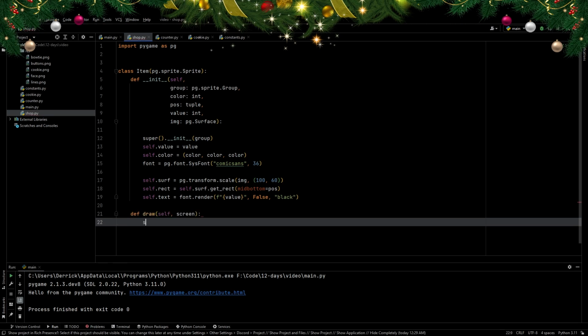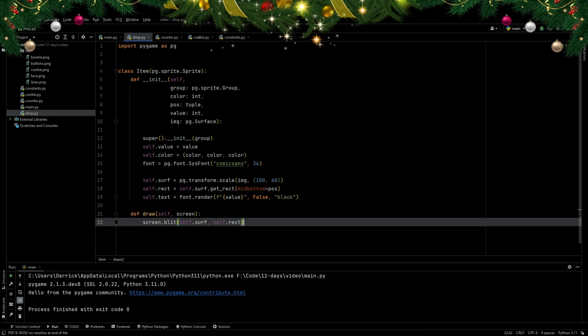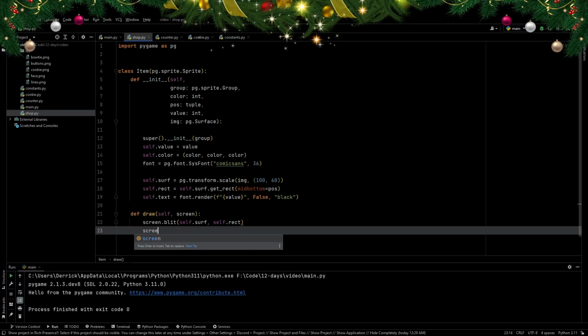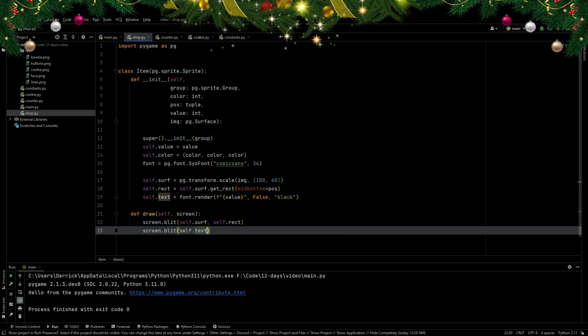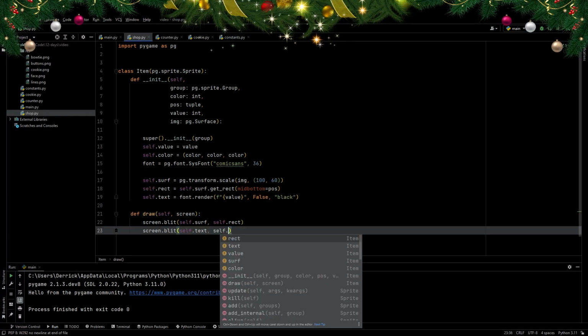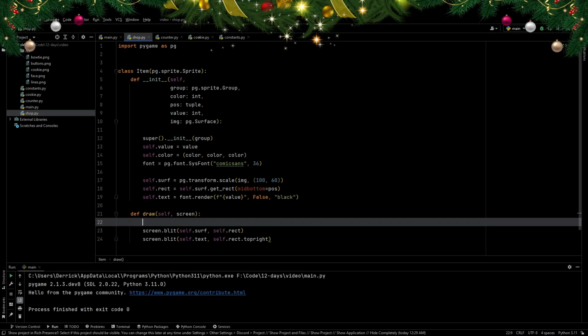Def draw, and I'm going to blit my surface onto the rect. That's going to be my image. And then I want to display the cost of this item right next to it. So self.text, and its top left is going to be on my rect top right. And just to have some background on it, pygame.draw.rect onto my screen using the color that I created